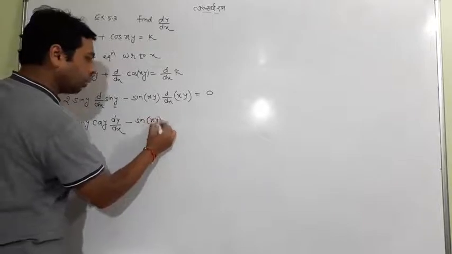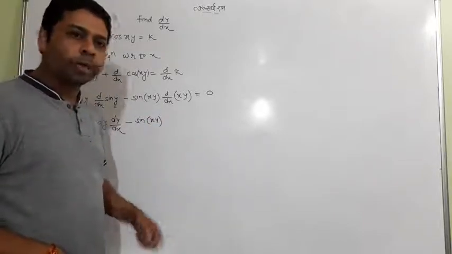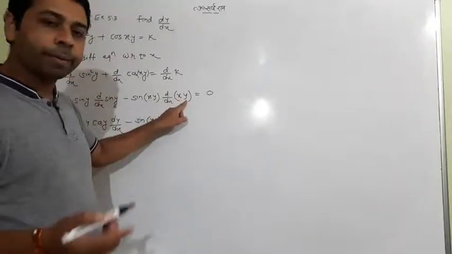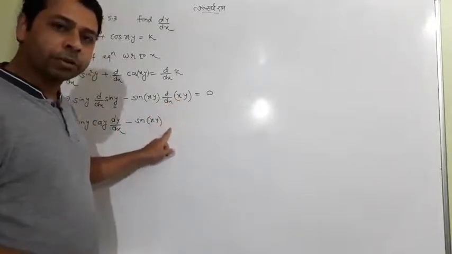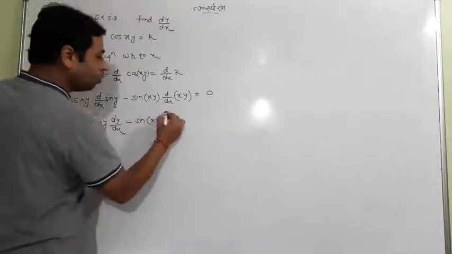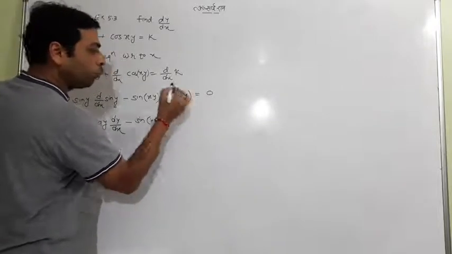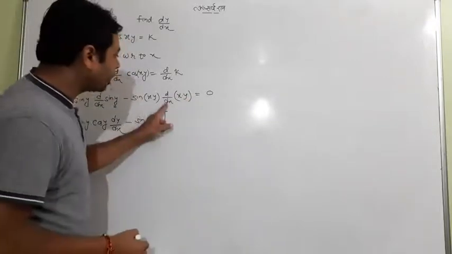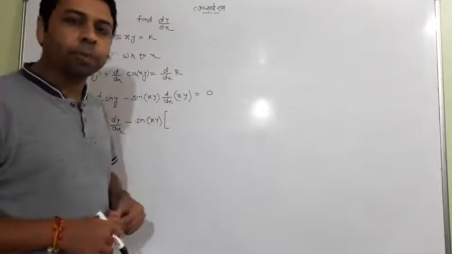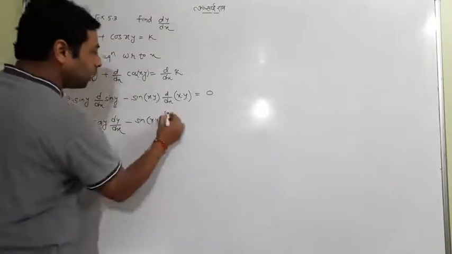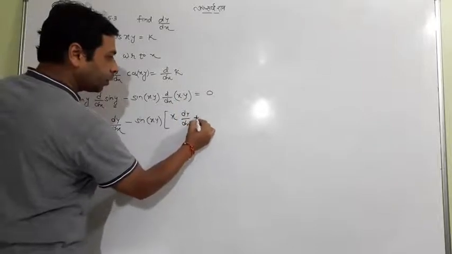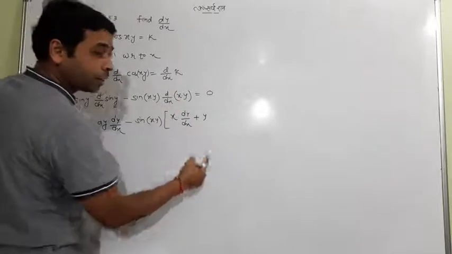A very interesting portion is coming here. What students normally do here is think that d by dx of x is 1 and of y is dy by dx, so they only write dy by dx, which is completely false, incorrect, wrong. Why is it so? Because it is not a single function, it's two functions, which is a multiplication. And d by dx of x into y, meaning we will deal here with the multiplication formula. By the multiplication formula, first function as it is, differentiation of y is dy by dx. Second function is the same, and differentiation of x is 1.